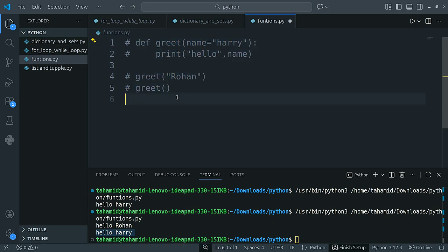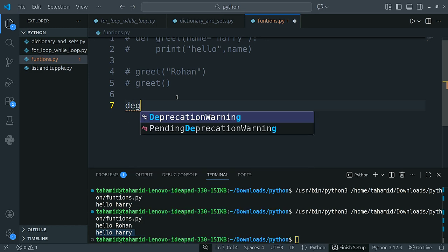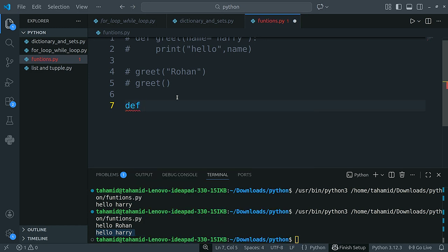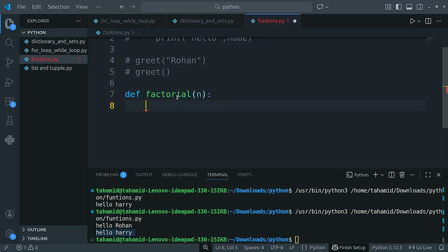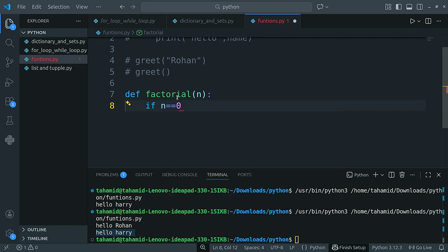Let's comment that out. Our function name should be factorial, and we will pass the argument n, and here I'm going to give if n equals 0,